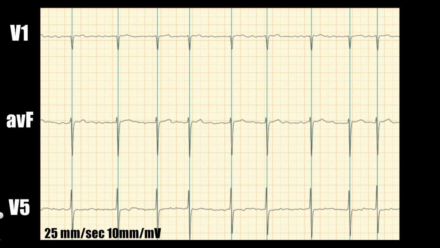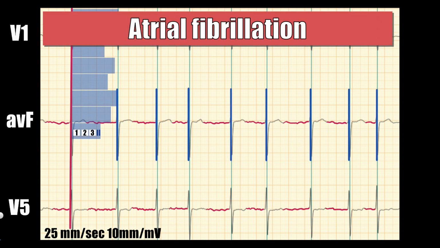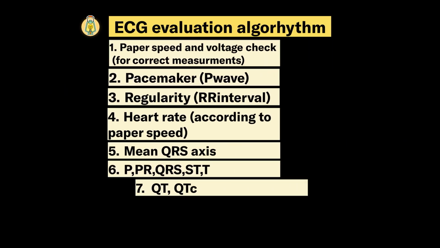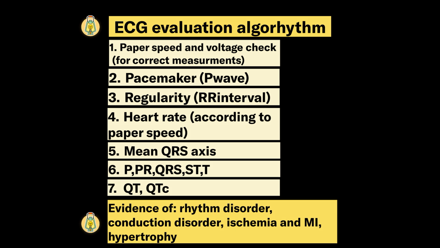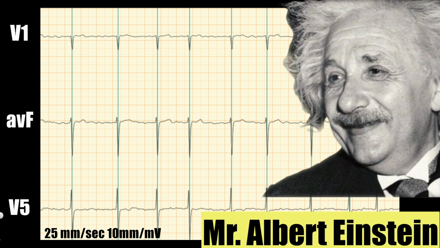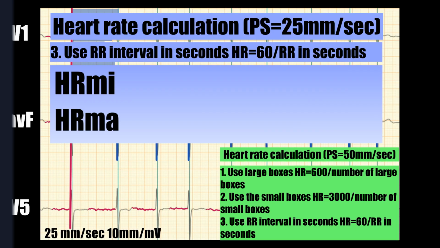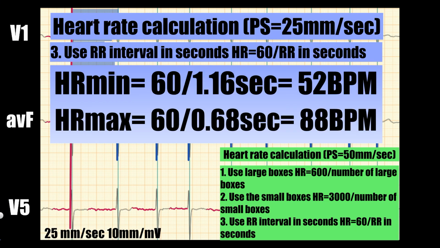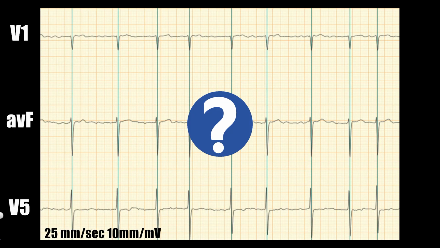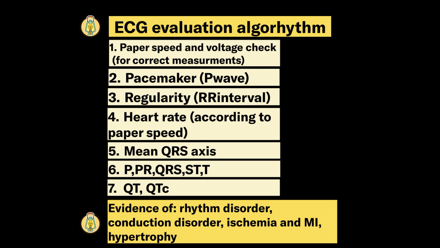In this video, I will show you a fast way to check atrial fibrillation on ECG, for example before an exam. Also, I will share with you a universal algorithm to check any ECG, not only for exams, but for real life also. And describe how Einstein is connected to you and me during the reading of ECG with atrial fibrillation, and why heart rate calculation in AFib takes more time. Also, I will add one extra feature in the end. So we start exactly from the algorithm.